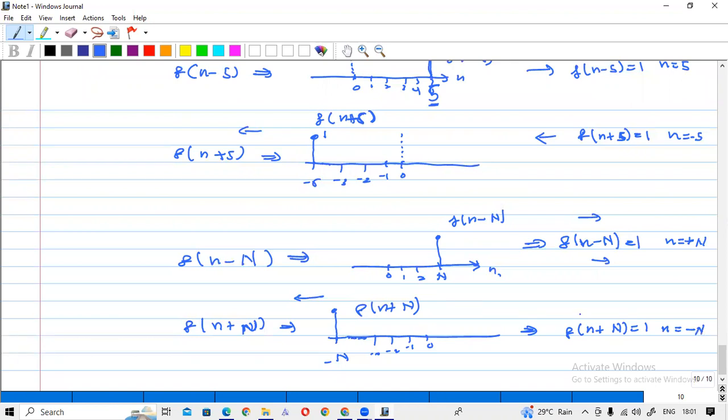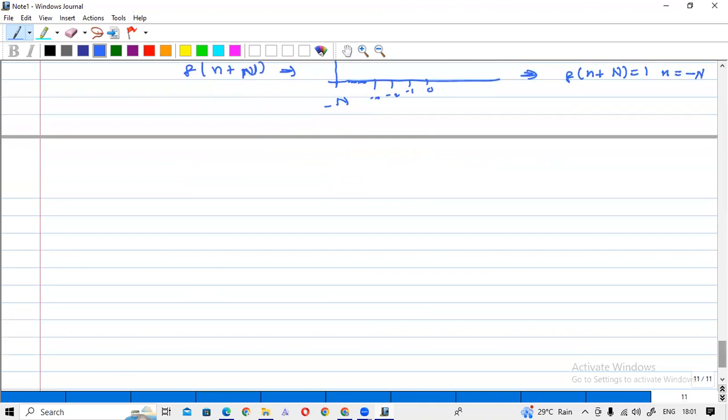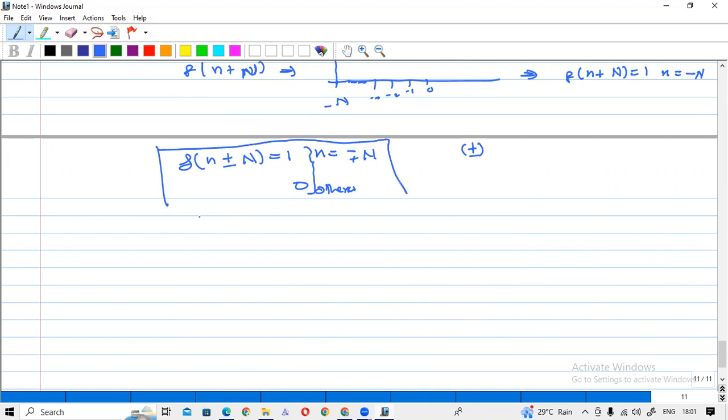Okay, so I have asked you that when delta n plus or minus capital N is equal to 1, when n is what? When it is plus, it is equal to minus. When it is minus, it is equal to plus. Okay, so it should be minus and plus n. You wrote plus and minus, so it is not correct. So here it is plus. If it is plus, it should be minus, and if it is minus, it should be plus. And otherwise it is 0. Okay, so this is how we mathematically represent the shifted unit impulse